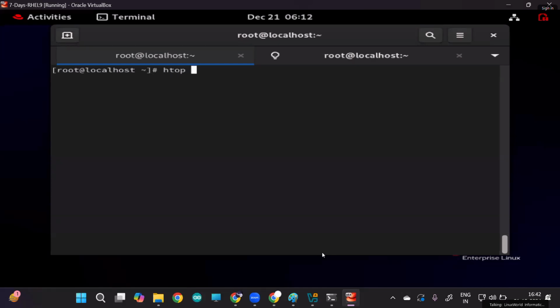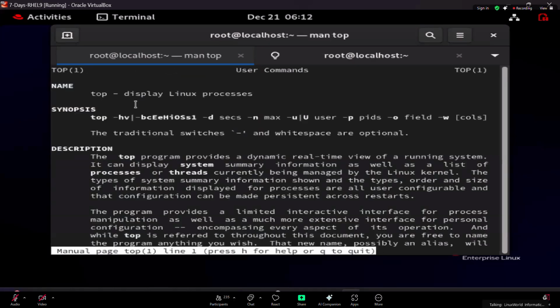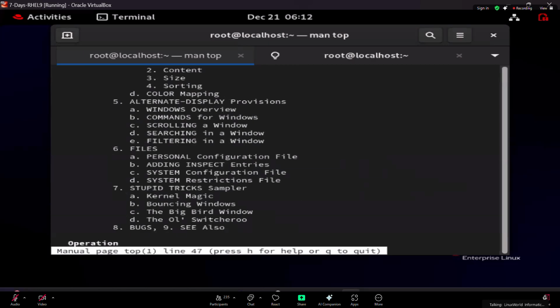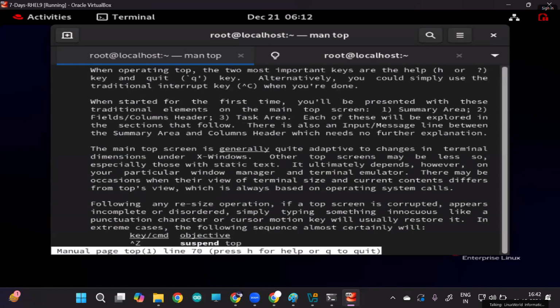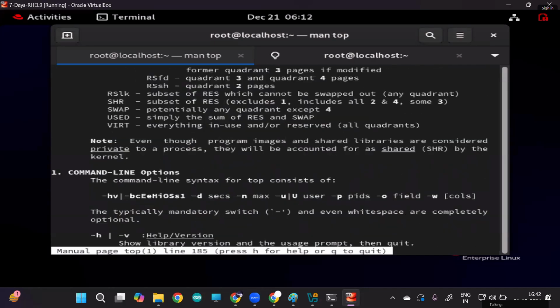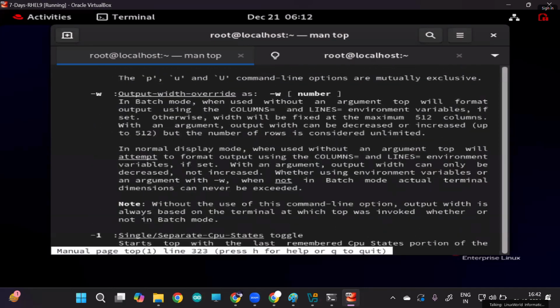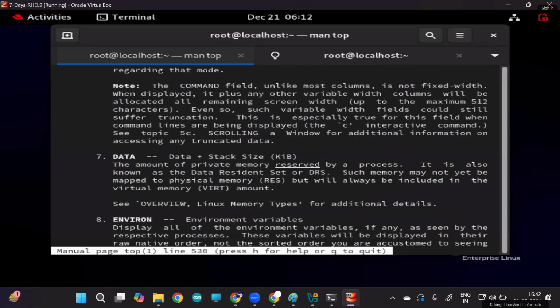Htop. How do I know about it? Again, a Google search or maybe the manual of top. Top can show me how it works. They give you multiple options also. They tell you the meaning of each field. They give you all the information here. Mostly, in the last part of the manual,